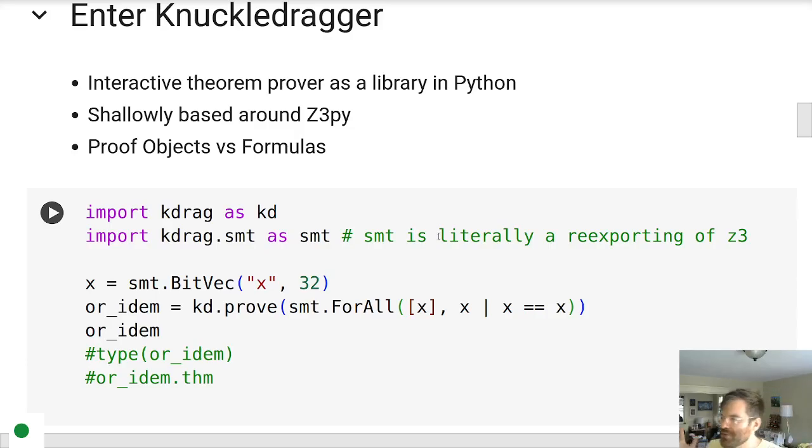So it's not trying to reinvent the world. It didn't make a new concrete syntax. And the metaprogramming language of this whole thing is regular Python, a super powerful and very popular language. The whole thing is as shallowly based around Z3Py as possible. Again, trying to be unopinionated, trying to be a very shallow layout and use what has already been made and already well designed. And the main thing it kind of brings to the table is a notion of proof object